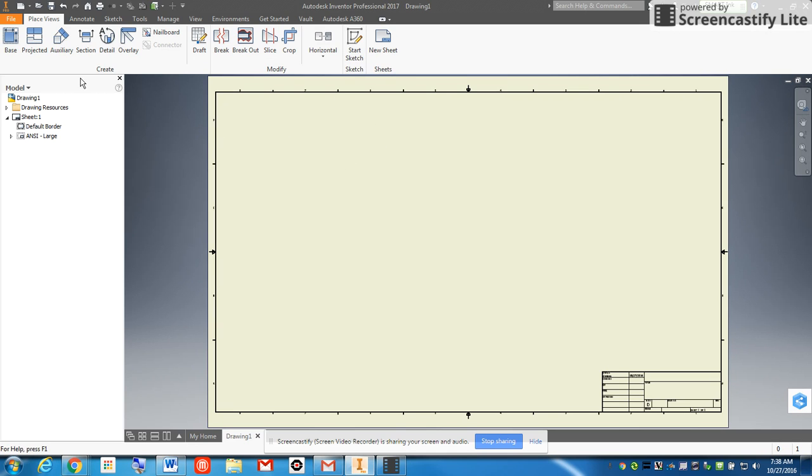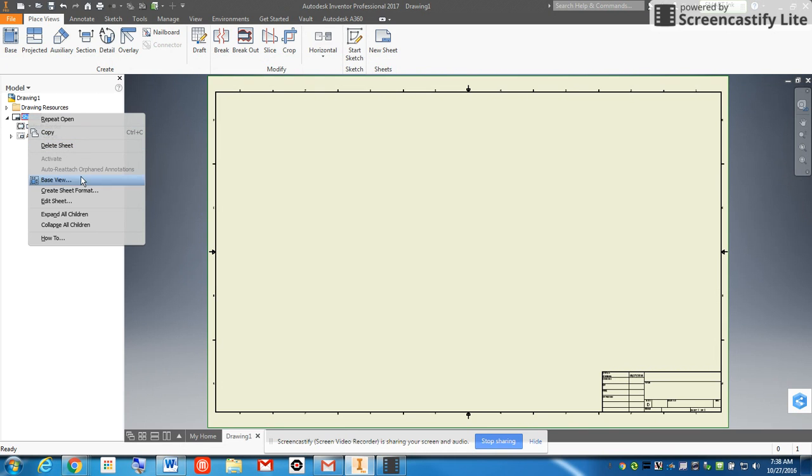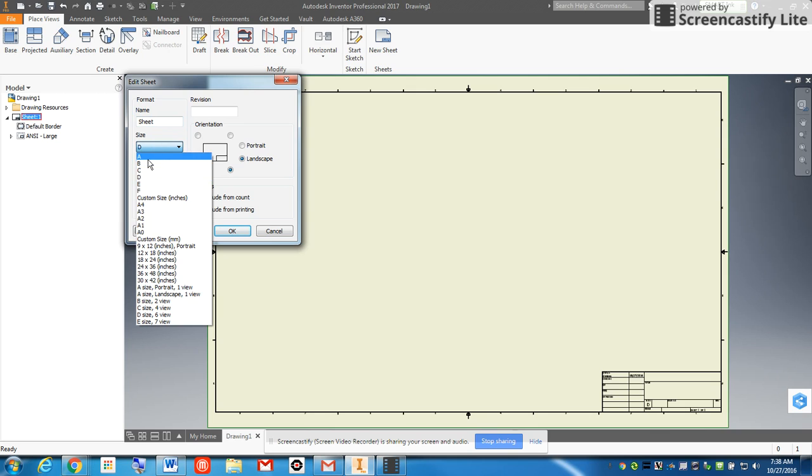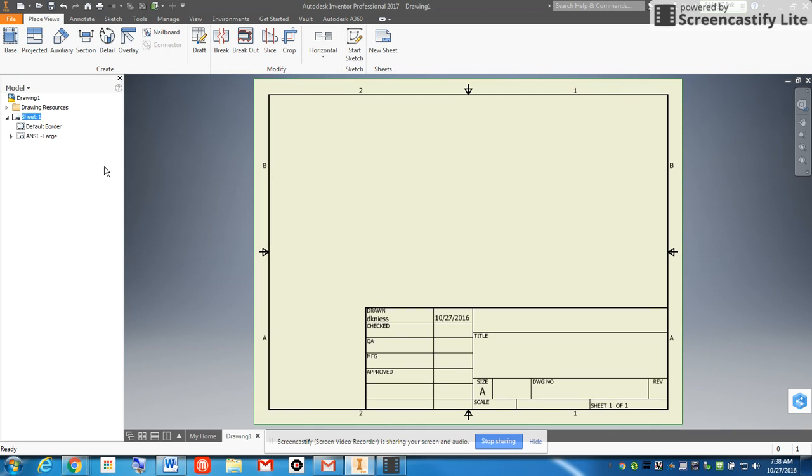So to change that, we're going to go over to the browser. I'm going to right-click on Sheet 1 and go down to Edit Sheet. When I click Edit Sheet, I want to change the size from a D to an A. A is 8.5 by 11, the standard size that we use. After you click OK,